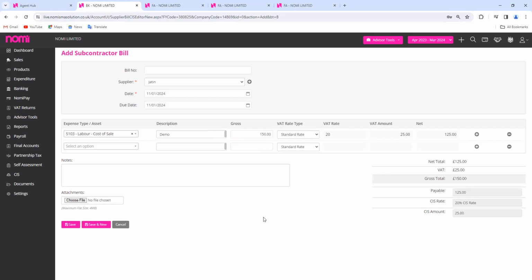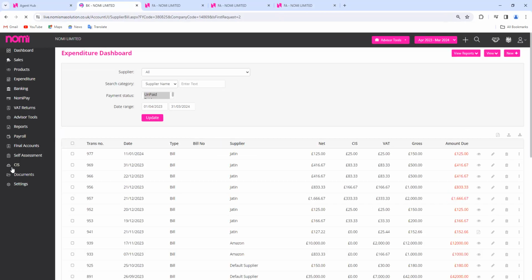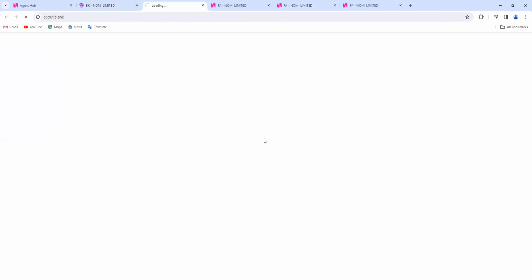So this is how you can update it, and you can then click on save. As you click on save, this gets updated in the CIS. So this is the CIS module here on the left hand side. We can again click on CIS on the left hand side. And as we click on CIS,